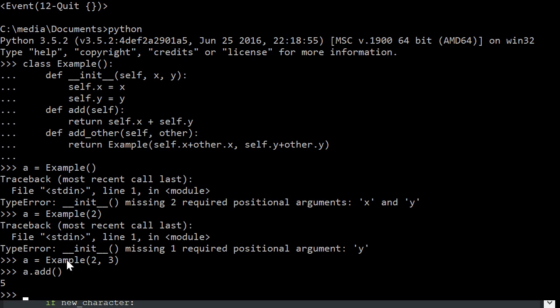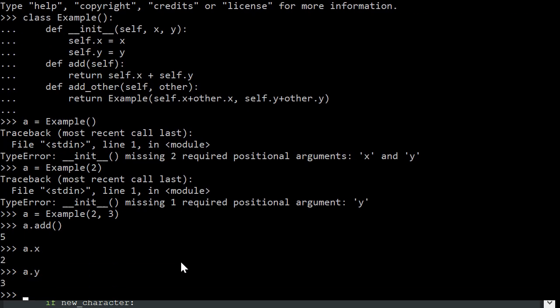So this line here is instantiating the example class with these specific arguments and creating the example object here. So if we go A dot X, A dot Y, you can see that those have those values. And then when you go A dot add, what's happening is A is being passed as the first argument. This is a notation, which means that